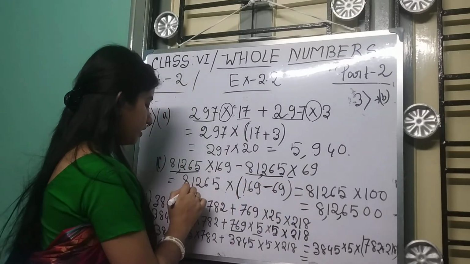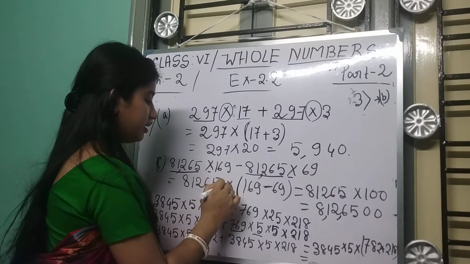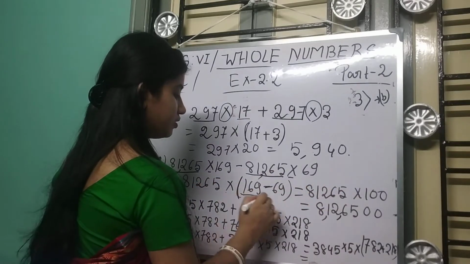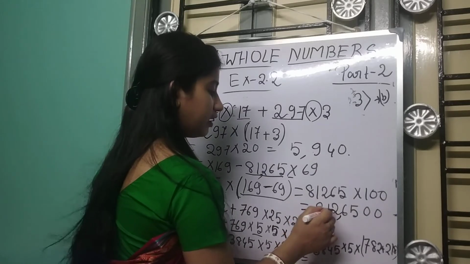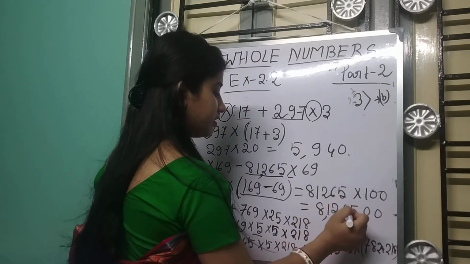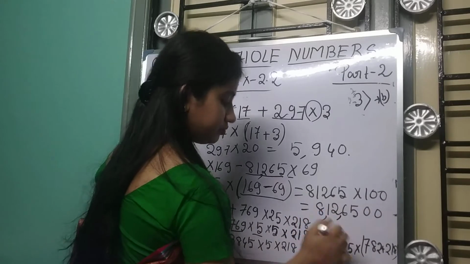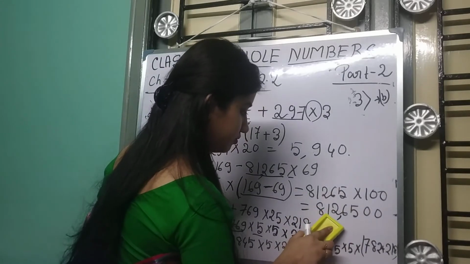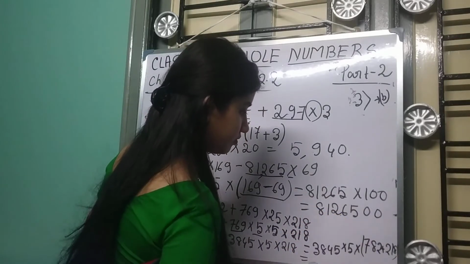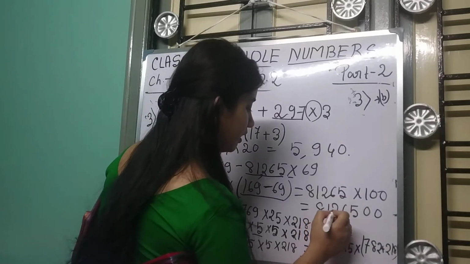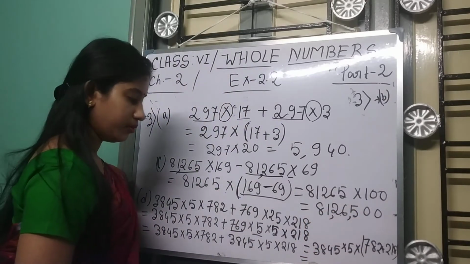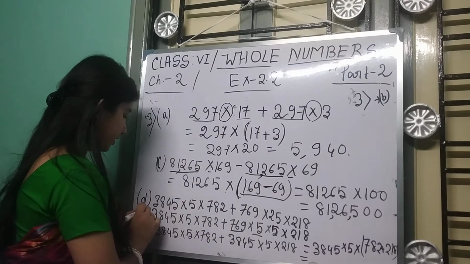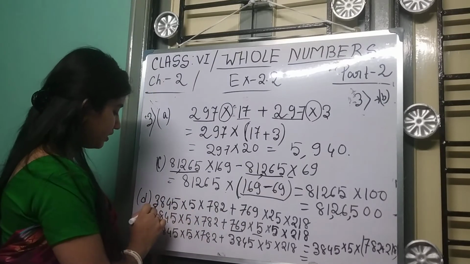So 81,265 into 100. So we get 81,26,500. Now next we try number D. Here it is given